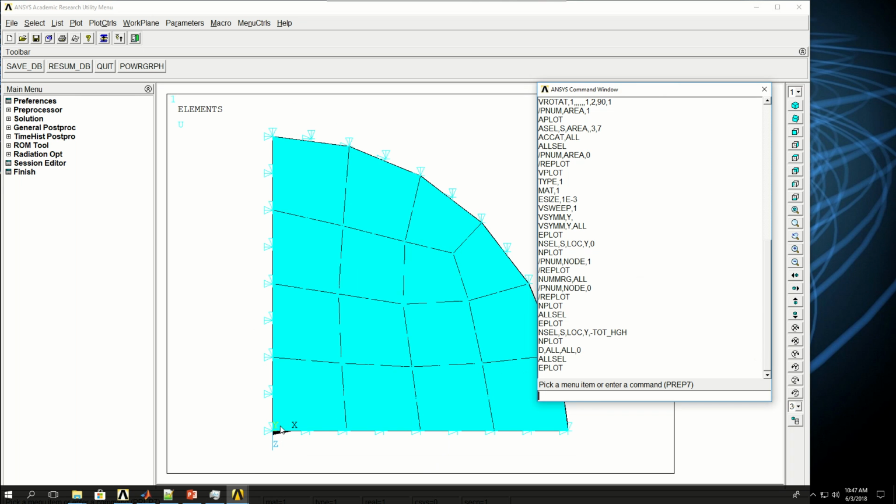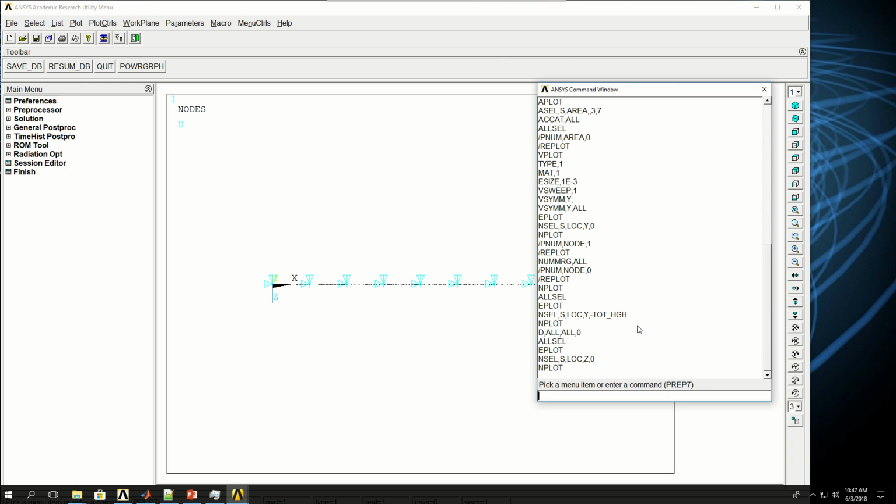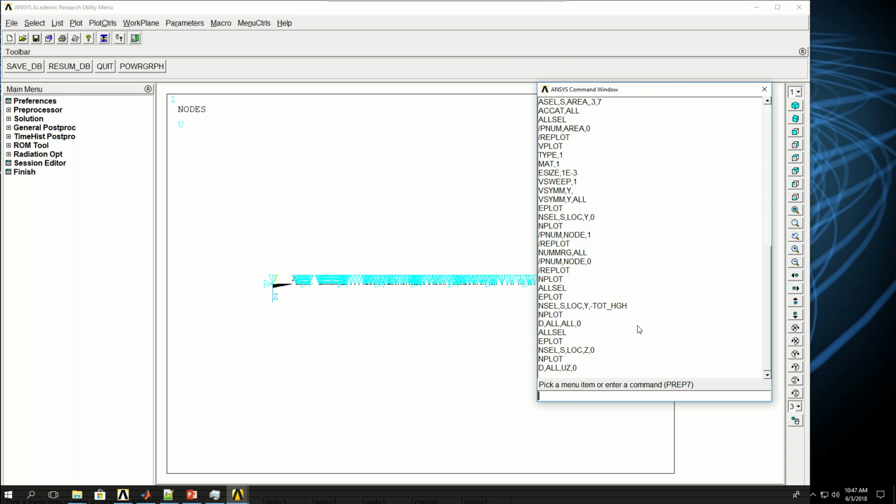Now what I want to do is to select the nodes at z equals 0 and assign a z displacement of 0, and then do the same thing in the x direction. Select the nodes in the x of 0 and apply a x displacement of 0 to make sure that the quarter symmetry is applied to my model. So I say n cell s location z0 and plot, and then I want to say d all uz0,